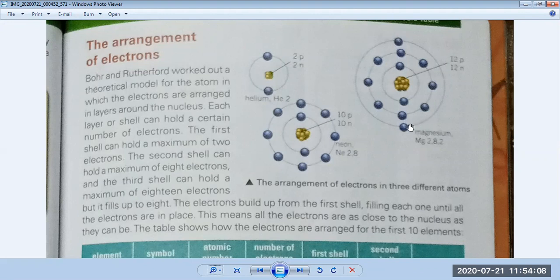The M shell is equal to, you will write in your book, 2n squared. The formula will be repeated: M shell is equal to 2n squared. So you will put 2, and for n you will put 3 because this is the third shell. 3 squared is equal to 9, and 9 multiplied by 2 is 18. So it means in the third shell, 18 electrons can be accommodated.